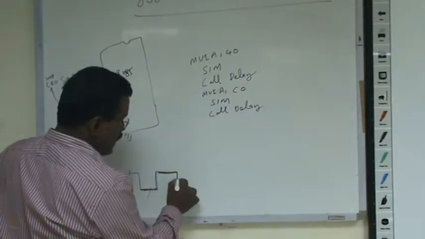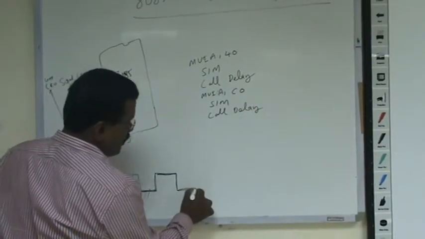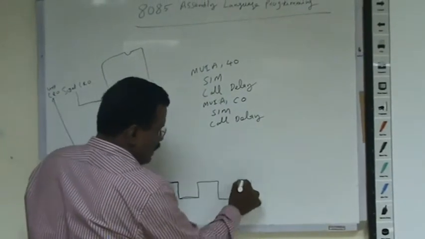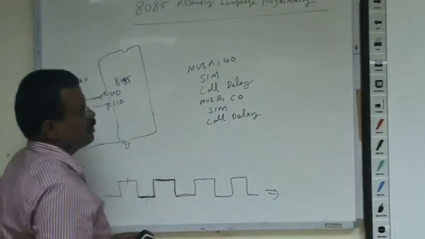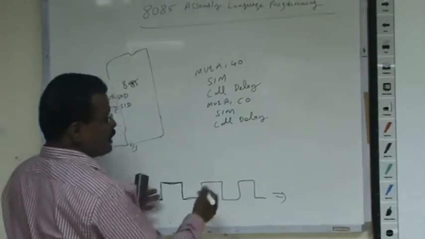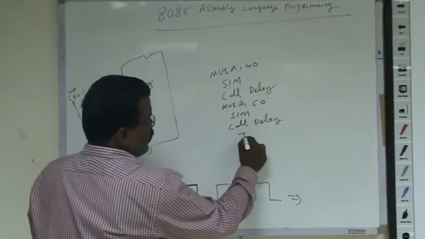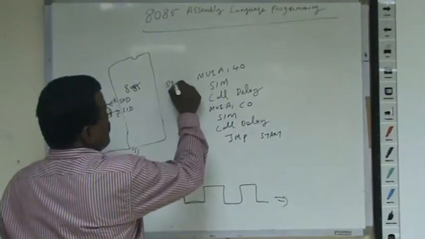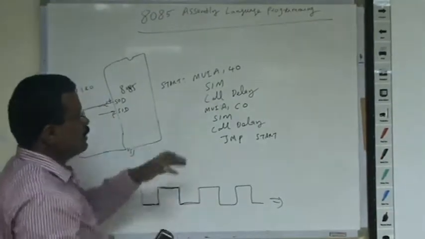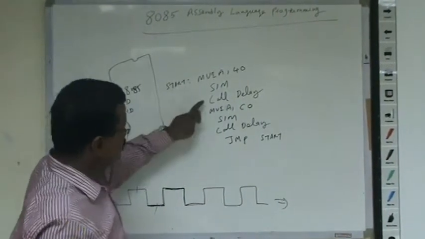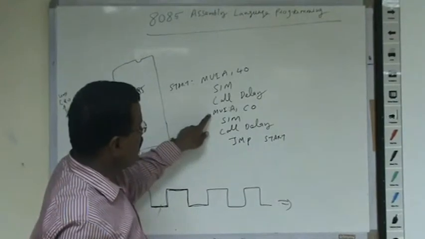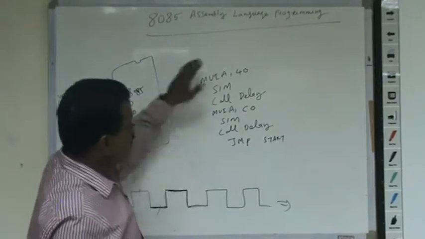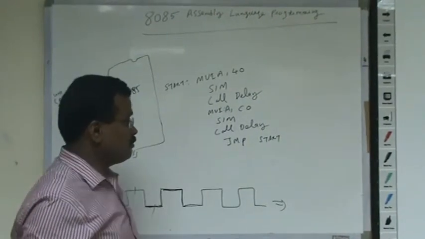After the delay period is over, again I have to move the low data. It should be held for some time which is equal to the off time of the square wave. Then this should be repeated in order to get the continuous square wave. So if you want to get the continuous square wave, after this you can put a jump to start. Here is the start. So I am moving the low level data, outputting it at the pin, calling delay for off time, moving the high level data, outputting it to the pin, calling the delay for on time, then repeating it. So continuously you may get a square wave.